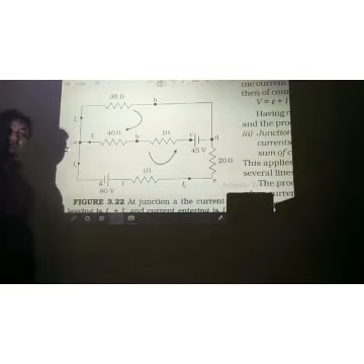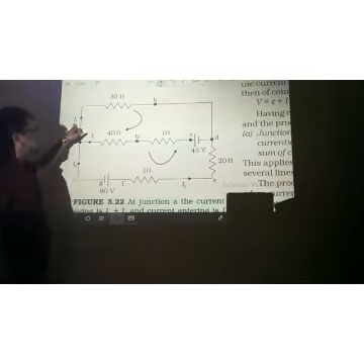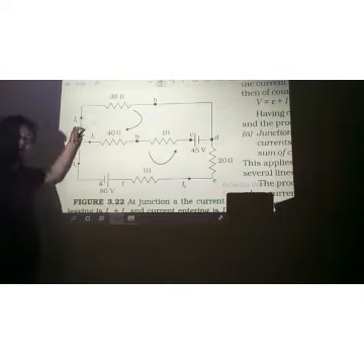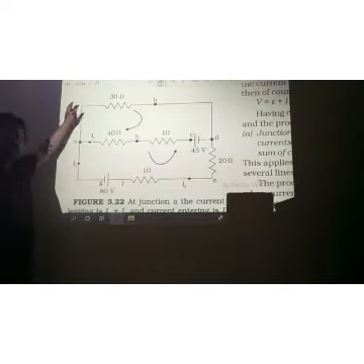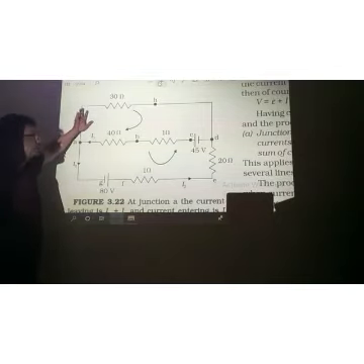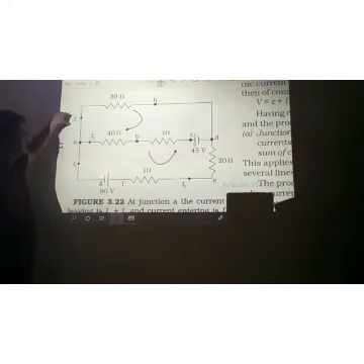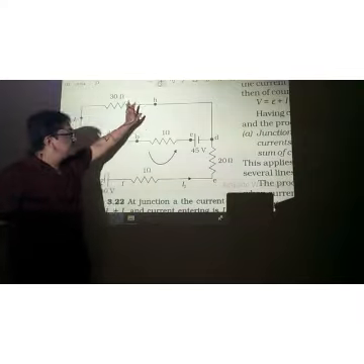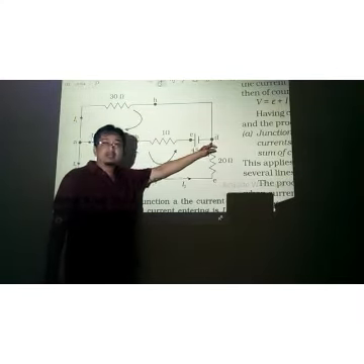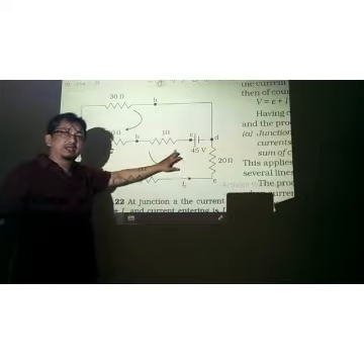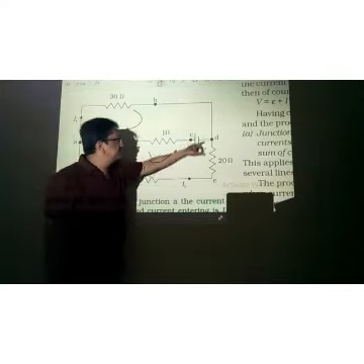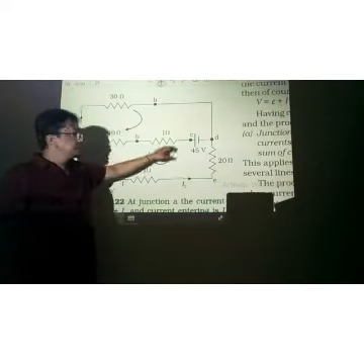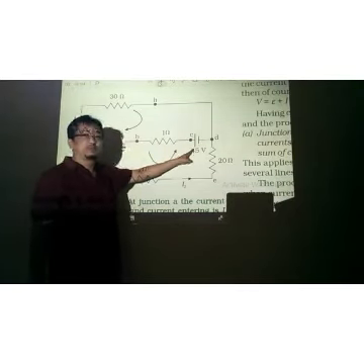So what will be the potential? The potential will be 30 I1, and you have to remember the sign. When we go along the direction of current, we always take this product as negative. So our potential will be minus 30 I1. Now at point H there is no resistance. At point D, no change. You have only minus 30 I1. But when you reach this cell C, there is the negative terminal first and then the positive terminal.